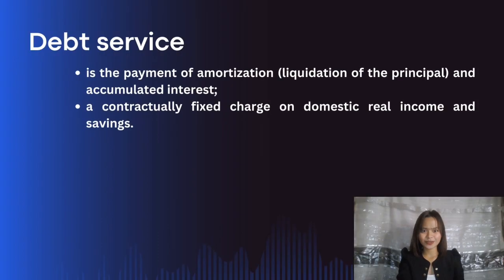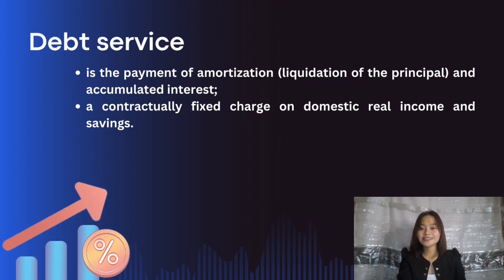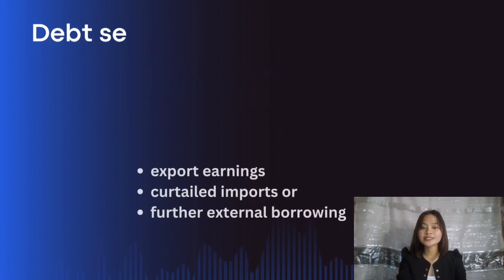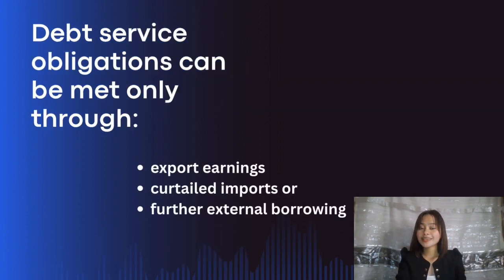So, what is debt service? Debt service is the payment of amortization, which means liquidation of principal, and accumulated interest. It is a contractually fixed charge on domestic real income and savings. And as the size of the debt grows, or as interest rates rise, debt service charges increase. And debt service payments must be made with foreign exchange. In other words, debt service obligations can be met only through first, export earnings, second, curtailed imports, or third, further